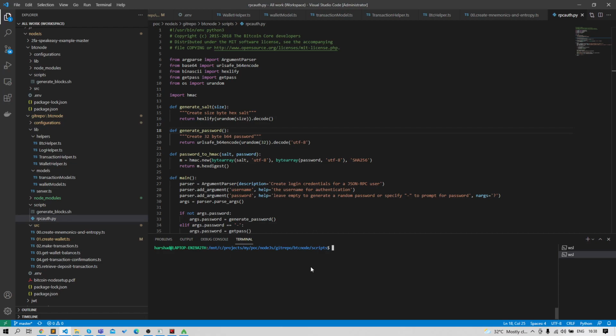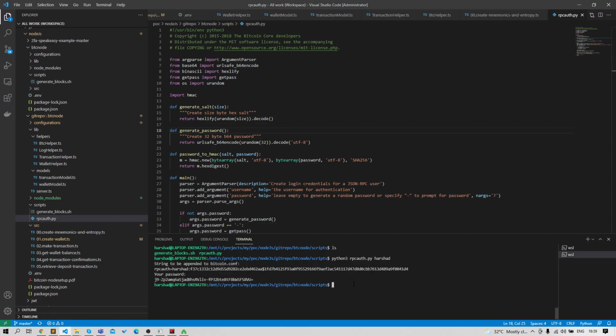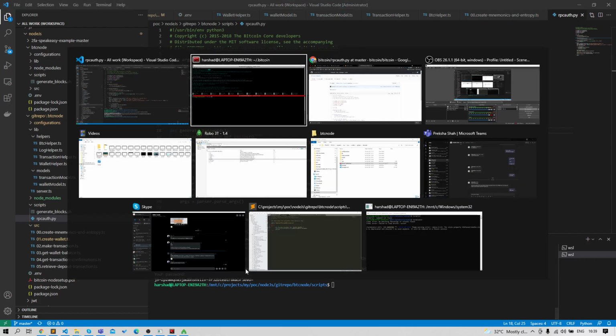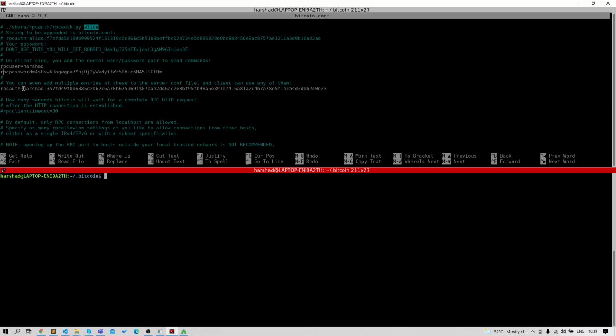In local I see I already have this file, and if you don't have Python 3 installed, then first install it. I already have Python 3 on my system, so I will use Python 3 to run this py file, and I will give the username as input to this file, and it will generate the credentials that I need to replace over here.